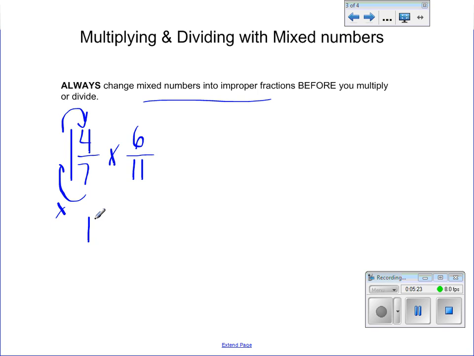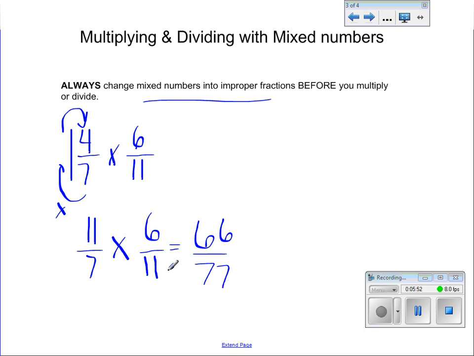So now the problem that I have is 11 sevenths times 6 elevenths. Now it's pretty easy for me to just multiply straight across. 6 times 11 is 66. And 7 times 11 is 77. It's not too bad. It's pretty simple. Now when I got to this point, I have 66 77ths,